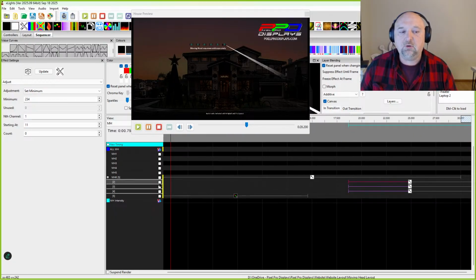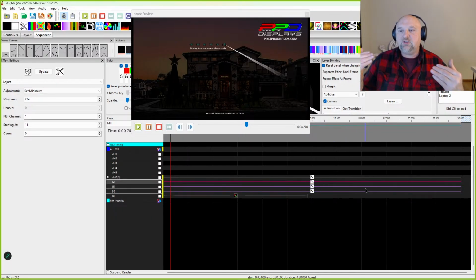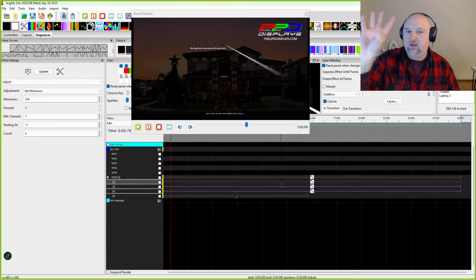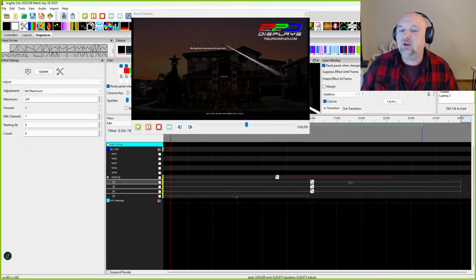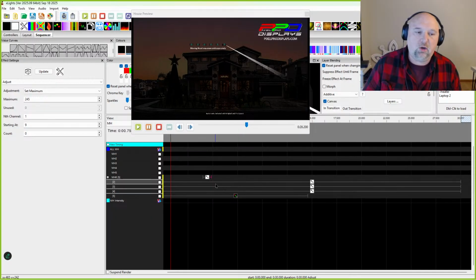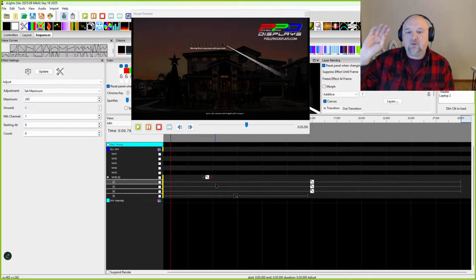And then pretty soon your moving heads have, and again, the other thing that I want to mention is that sometimes it's not the entire length of the sequence that needs this for the pan. The pan may only need it over top of certain parts of the effects that are causing an issue. And you can lay those down and you'll know after a while of doing this, you'll get to know